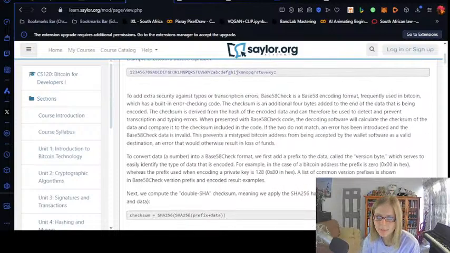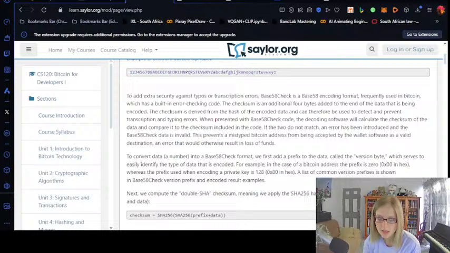Now let's learn a little bit about base 58 check. To add extra security against typos or transcription errors, base 58 check is a base 58 encoding format frequently used in Bitcoin, which has built-in error checking code. The checksum is an additional 4 bytes added to the end of the data that is being encoded. The checksum is derived from the hash of the encoded data and can therefore be used to detect and prevent